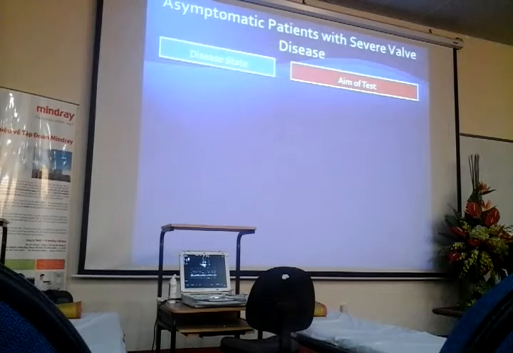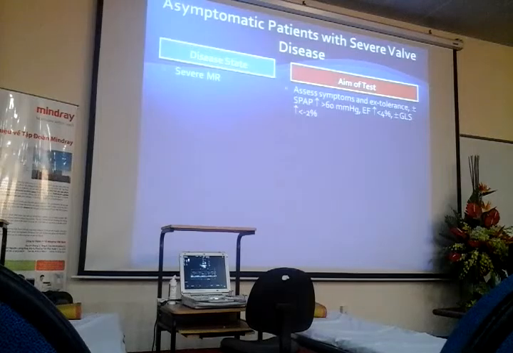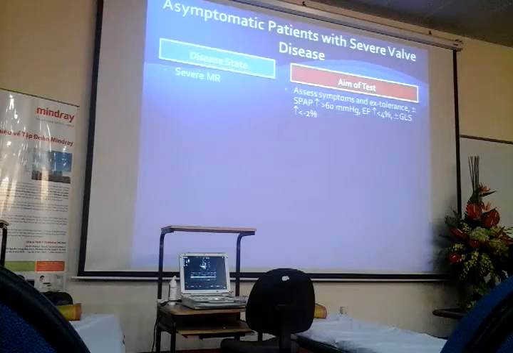Now, in patients that are asymptomatic, when we're looking at severe asymptomatic mitral regurgitation, again, we're looking for any development of symptoms as well as a documentation of their exercise tolerance, and then the traditional increase in pulmonary artery pressures, change in ejection fraction, and in this case, looking for changes in global longitudinal strain, which were covered really nicely